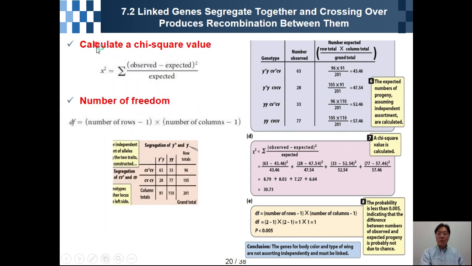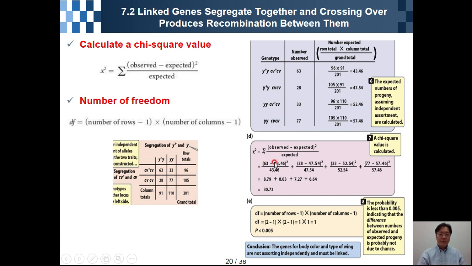Next, we have to calculate a chi-square value. We already know how to calculate chi-square values. So this is how to calculate chi-square values. This is the expected number. This is the number observed, and this is the number expected. So for example, in these cases,